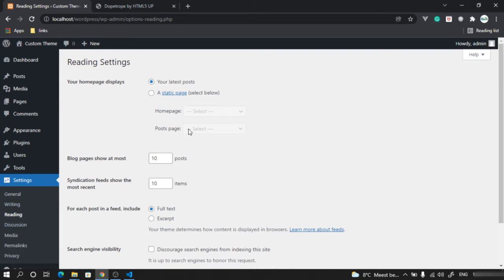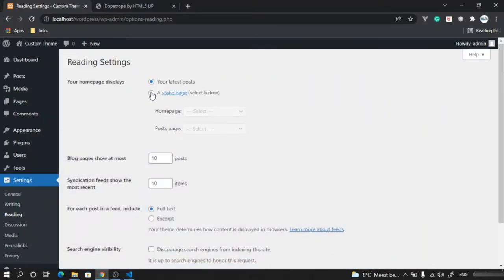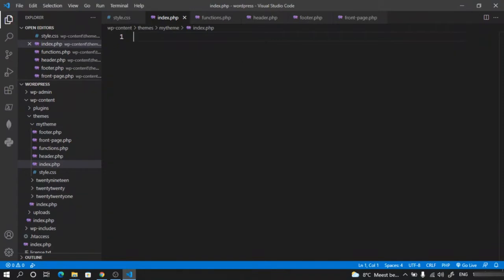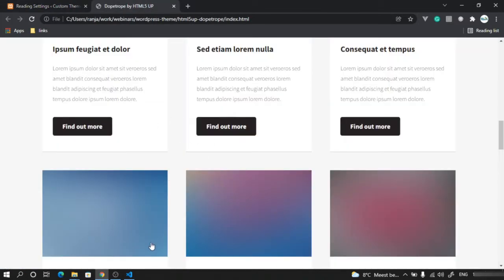in this reading settings, we can say your latest posts. If this is selected by default, all the latest posts go to whatever template is mentioned in index.php. But if we want to explicitly say the home page should be the page layout which will adhere to front-page.php, where we will style according to our static template,